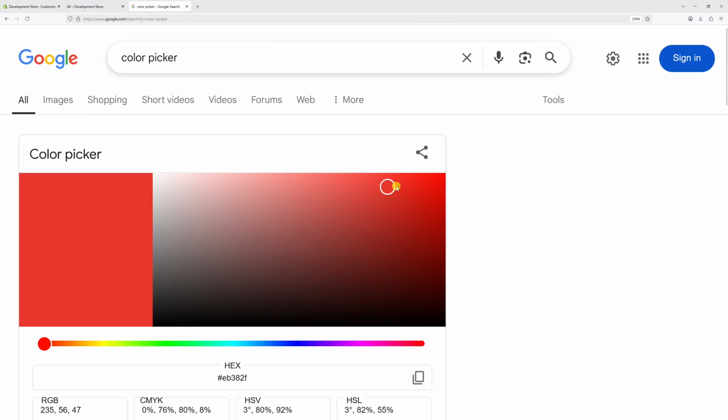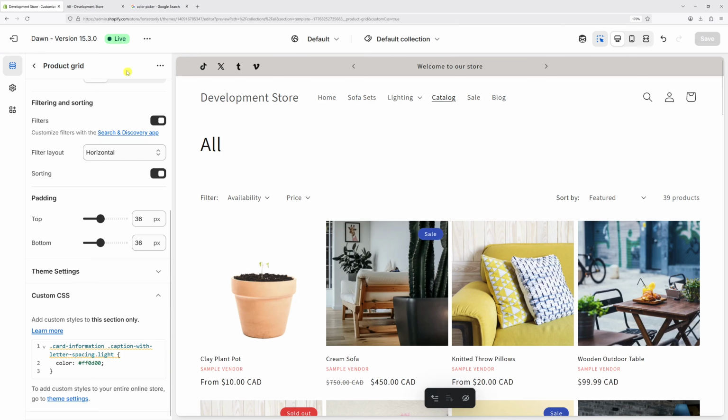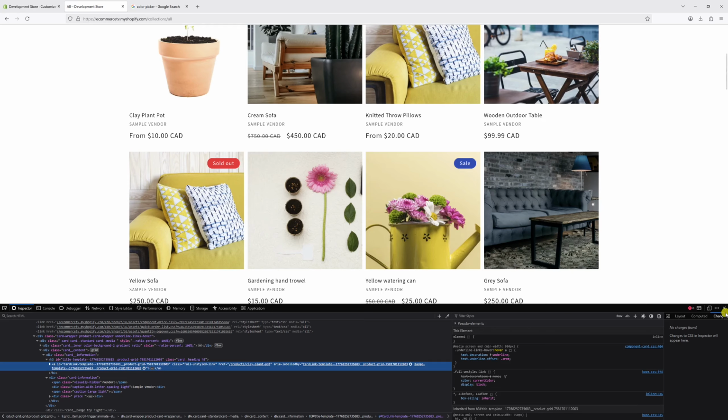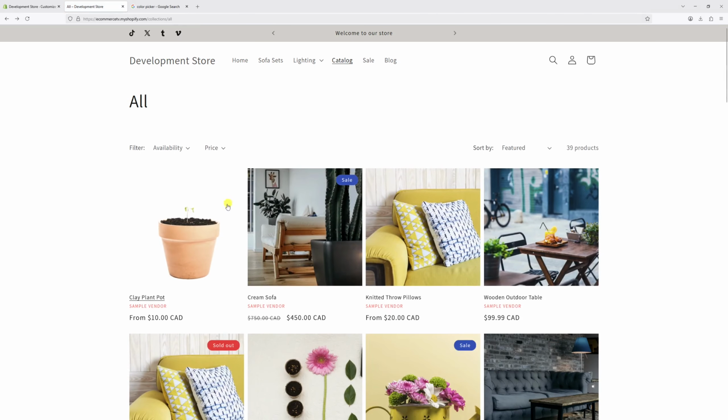Let me just pick the red color. Let's select this one. Make sure to copy the hex code, including the hashtag. Now let's paste it right in here. Now let's go back to the website. Let's try refreshing the collection page. And as you can notice, the vendor name is now displayed in red, and this change will be reflected on